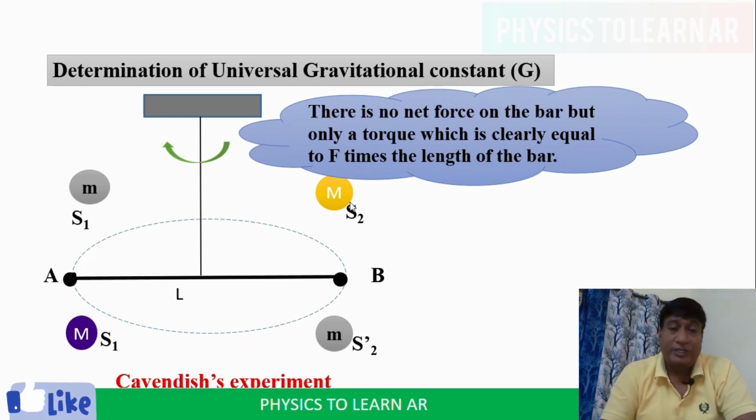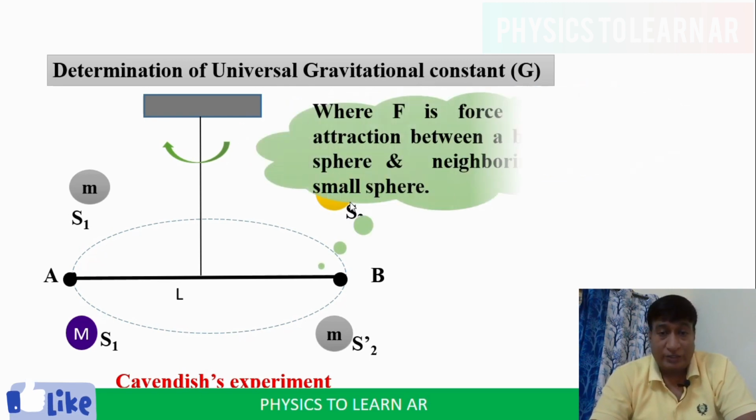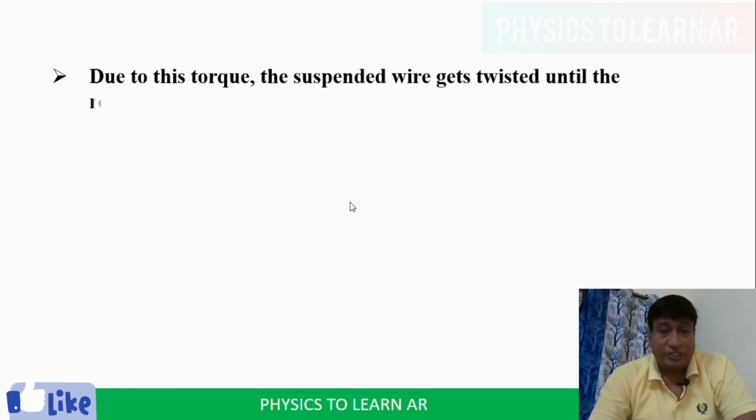We have studied torque in the system of particles. Torque is nothing but r bar cross F bar. Whenever it is making a certain angle, under that condition also we are going to study it. Here F is the force of attraction between the big sphere and the neighboring small sphere. Due to this torque,